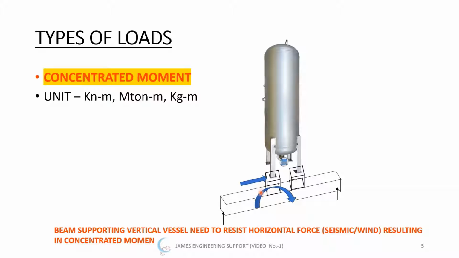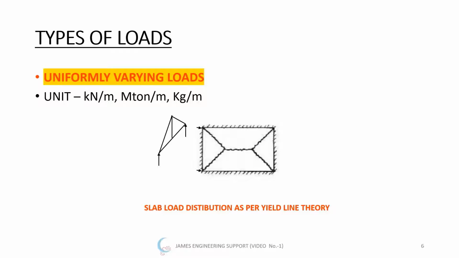To transfer to the beam you need to multiply it by the distance, meaning this is nothing but a simple cantilever beam. If you see it horizontally, this is a wind load or you can say seismic force, and this will be transferred to this portion, meaning this is a beam. So you need to multiply it with the distance, meaning the load multiplied by this distance will give you the moment.